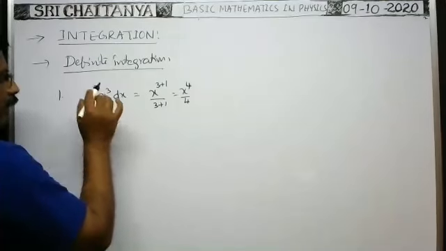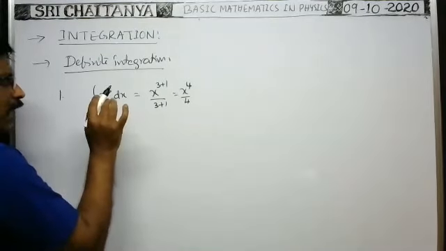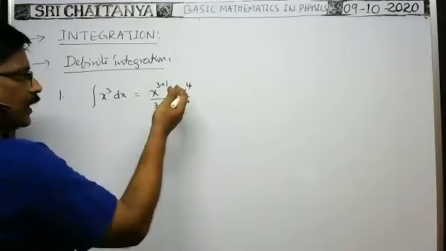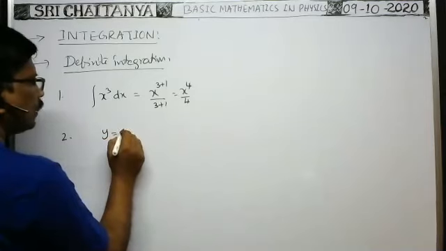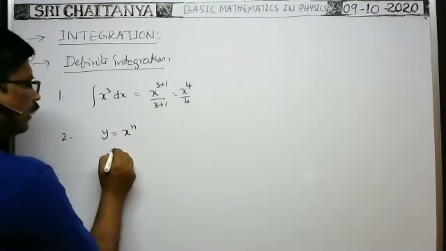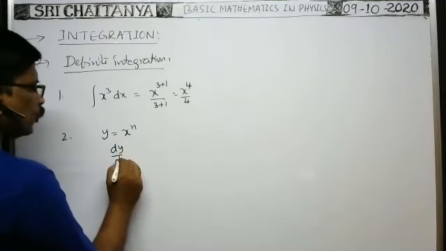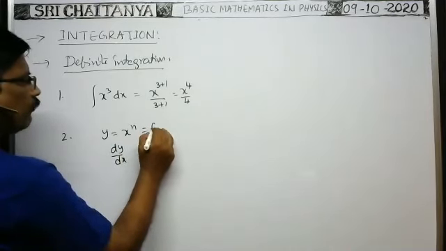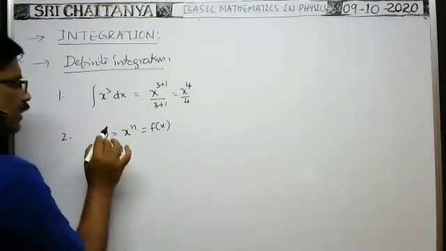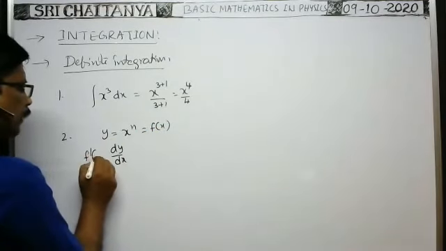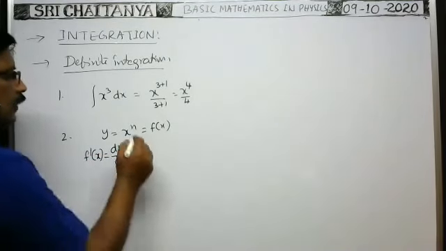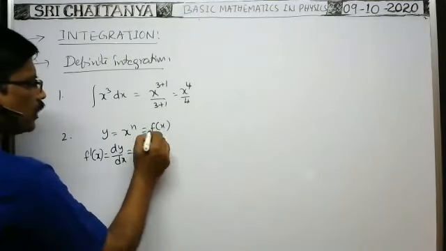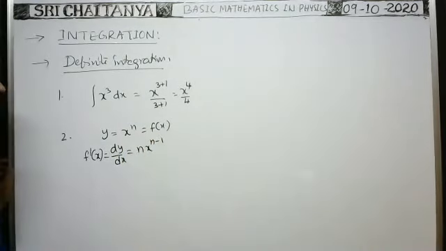మీకు ఆల్రెడీ ఇందాక చెప్పా, when you do the integration of a function, after integration you will get the function before differentiation. We know one example again. You see, y is equal to f of x is equal to x to power of n. Then differentiation of this y with respect to x gives what? When you differentiate this y with respect to x, whatever the value you will get, that is represented with f dash x, which is equal to how much? dy by dx means, tell me what is the value you will get? This power n into x to power must be reduced by 1, so n minus 1. This is f dash x.